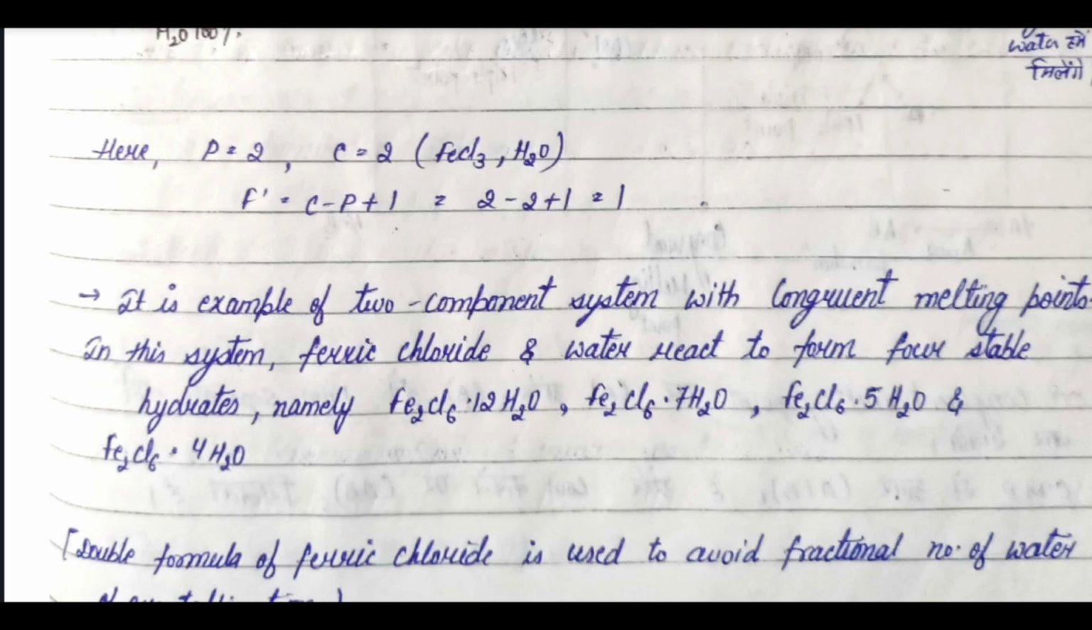P is equal to 2, C equal to 2, so F dash is equal to 1. It is an example of a two component system with congruent melting point. In this system, ferric chloride and water react to form four metastable hydrates, namely